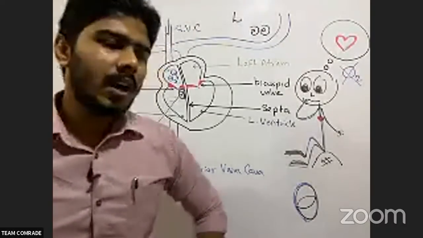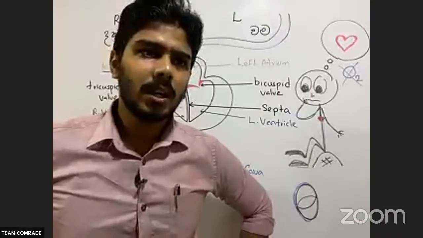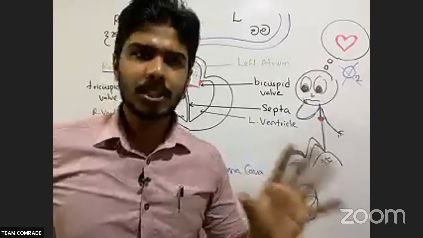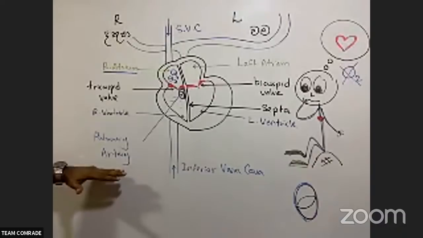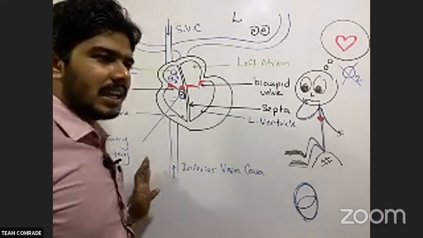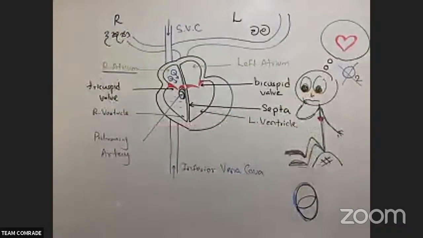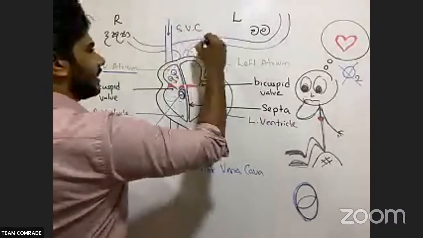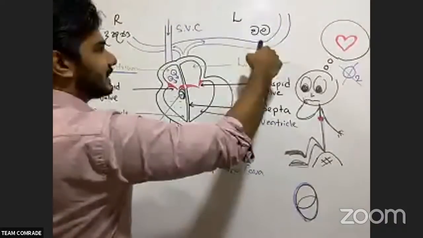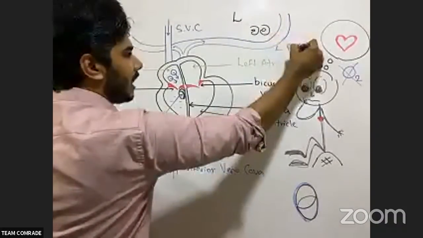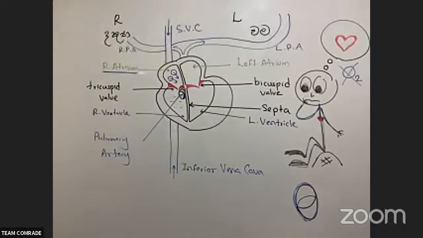But you know one thing, no? Arteries normally carry oxygenated blood, the red color one, which we call artery. Only in the heart, a special structure we have. Here is the only artery which carries deoxygenated blood, carrying carbon dioxide since oxygen is not there. So that is coming from this side and entering into this. Now this is the pulmonary artery. This side we call the left pulmonary artery and this side we call the right pulmonary artery.